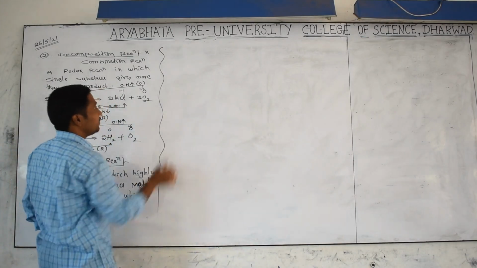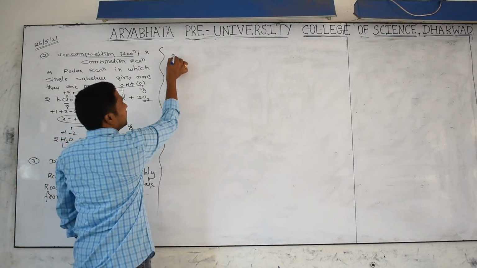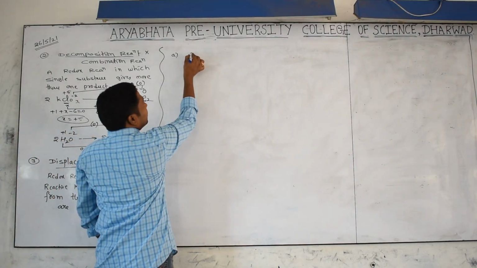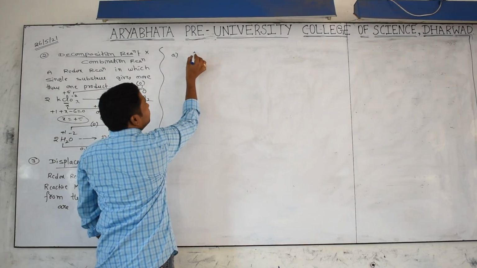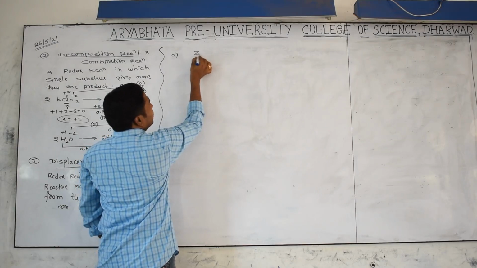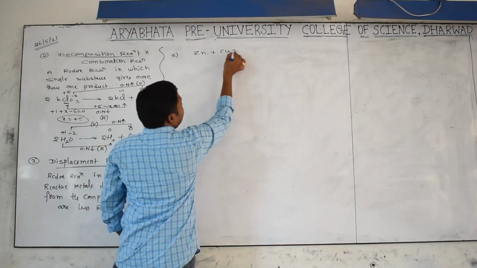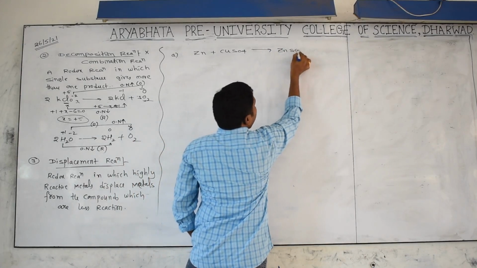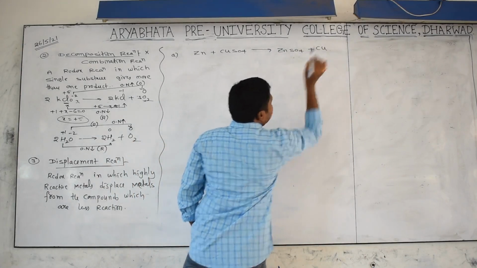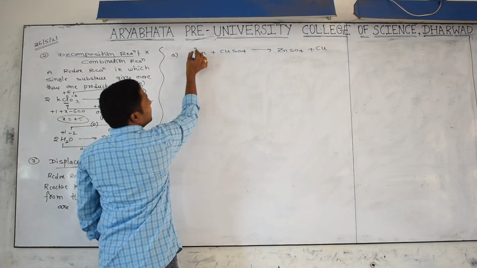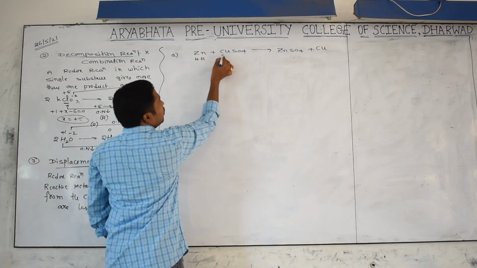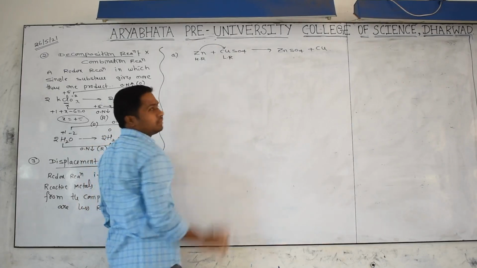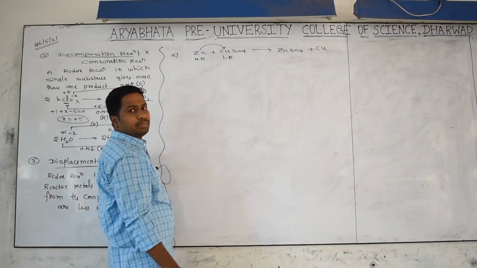You have to understand very carefully. I will show it like an experiment. You take zinc plus copper sulfate. Zinc plus copper sulfate, we get zinc sulfate plus copper. Actually, zinc is the highly reactive metal. Copper is the less reactive. That's why zinc replaces copper, and we get zinc sulfate plus copper.